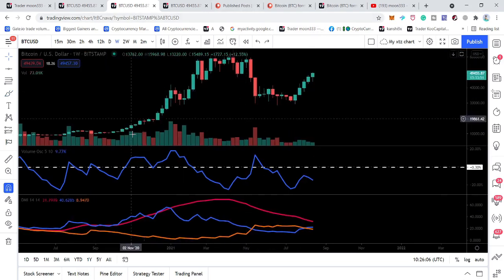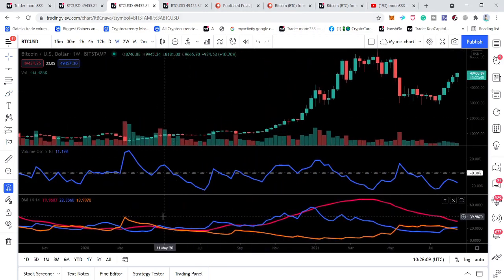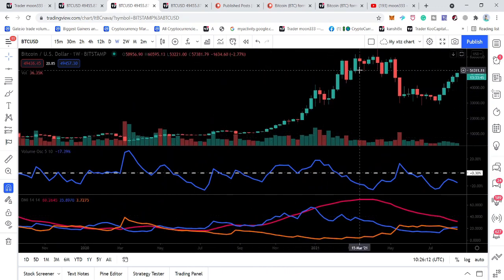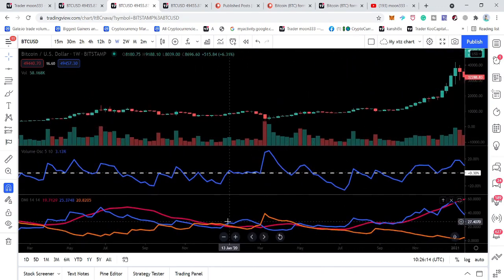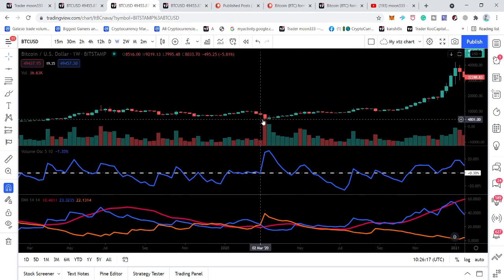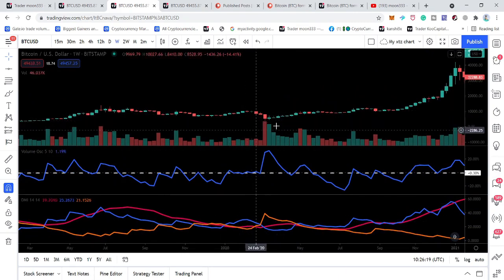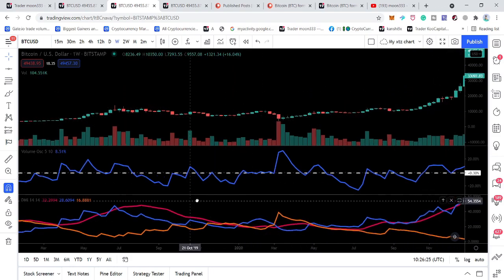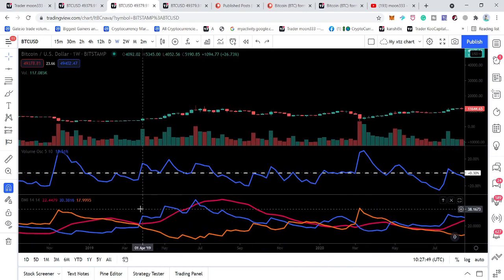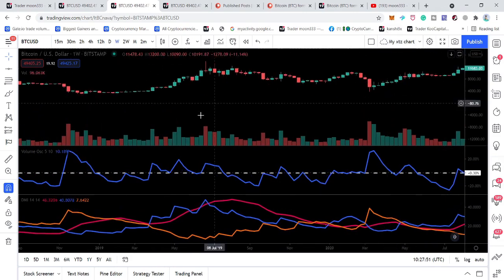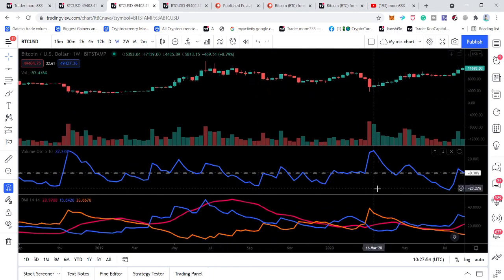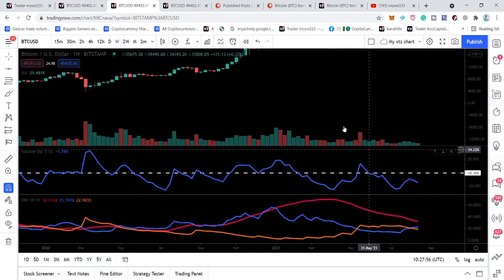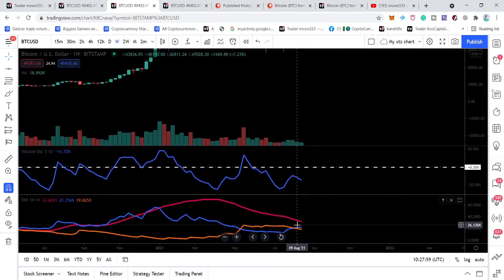Like previously, we received this buying signal here, and we had a very nice rally after that. We also received the buying signal here as well, but after that we had the drop of March 2020, and I believe that this rally is the continuation of this signal. And before that, we received this signal here back in April 2019, and we had a nice rally after that. Now we have received this very big, very powerful buying signal right now. Just, I think, 2 weeks ago, we received this buying signal on this candlestick, which started on